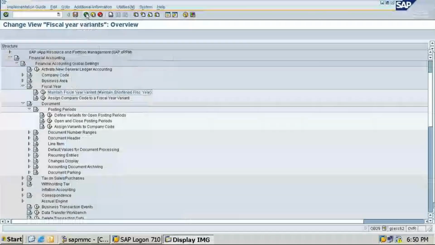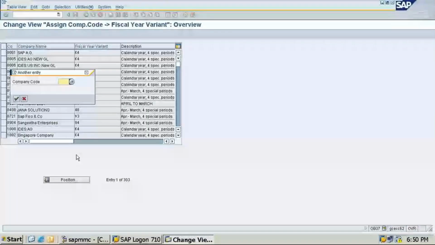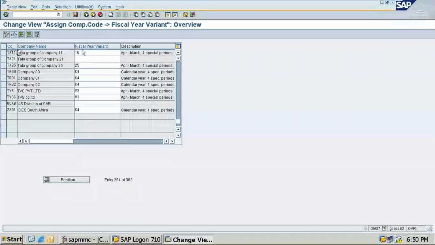Then you have to assign. Click on this company. This is take the position. Give the company code what you have created and click on this tick mark and type the fiscal year what you have given. Okay, then click on save. Once it shows some kind of yellow error message, just press enter two times and save. And again, it will ask you the customizing request. Save with the customizing request.